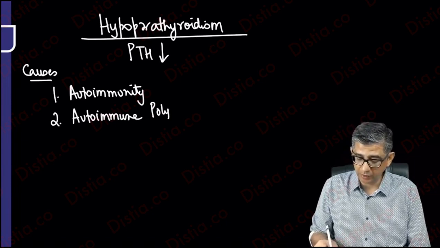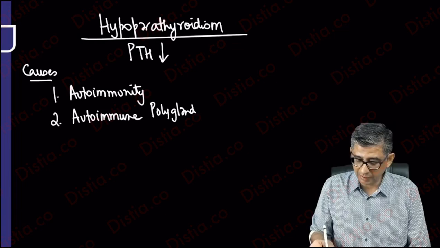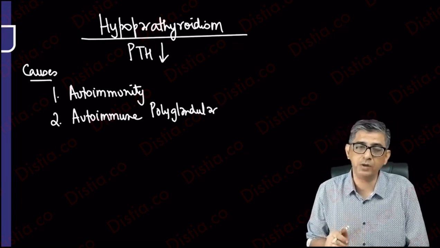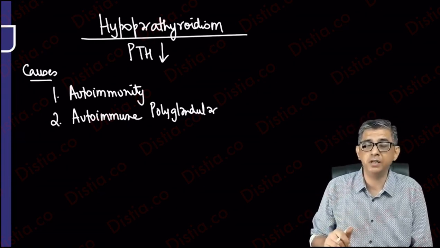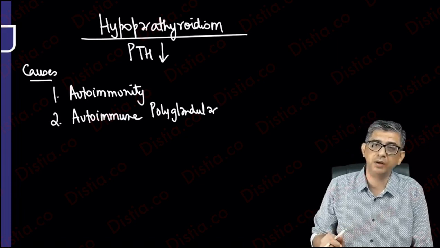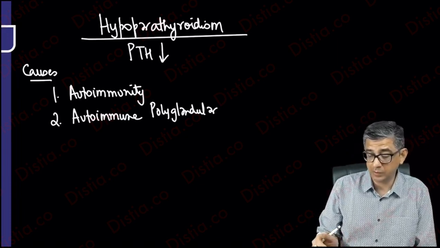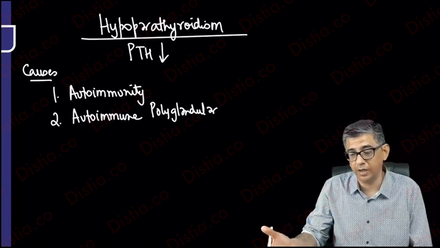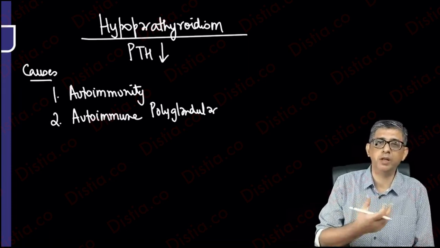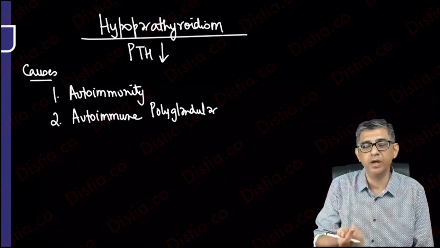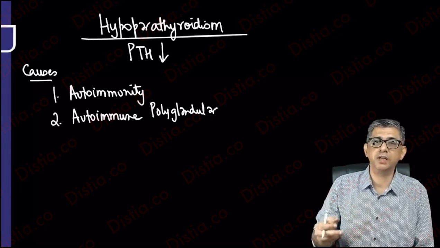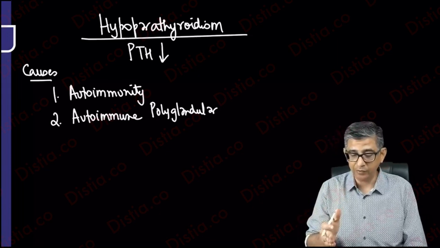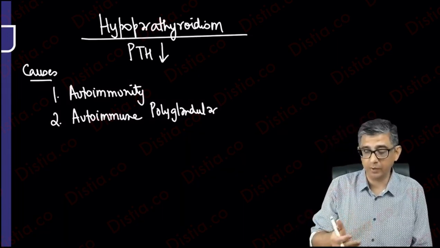autoimmune polyglandular syndrome, which tells you the fact that not only is the patient's parathyroid gland affected or PTH production hampered, but simultaneously the thyroid gland can be affected in these patients. I mean, multiple endocrine glands can get involved here. Just like you're aware of MEN, where multiple endocrine glands can develop a tumor, here I'm saying multiple endocrine glands can be affected simultaneously. So you could have a combo of Addison's disease and hypoparathyroidism developing in a